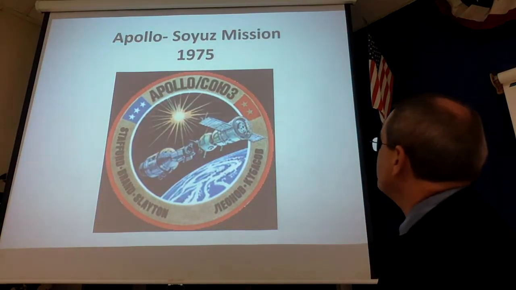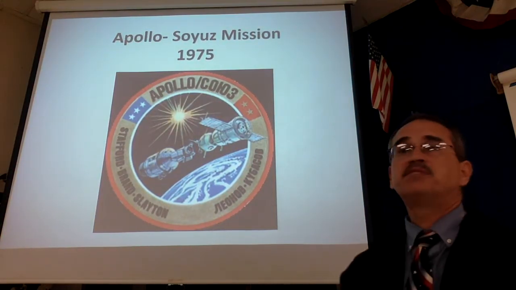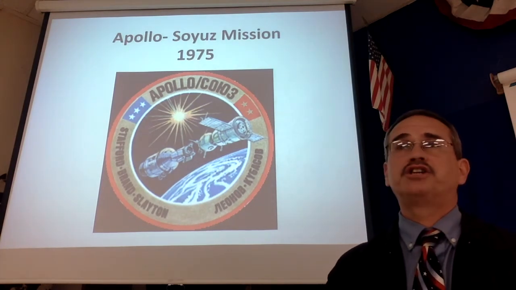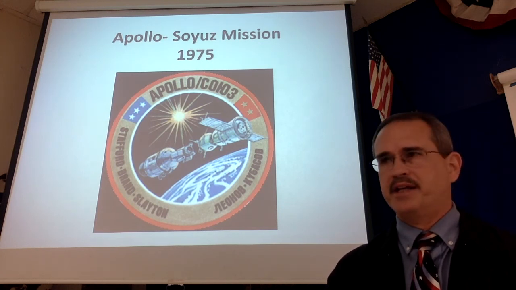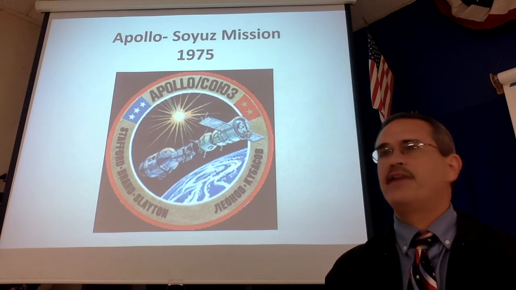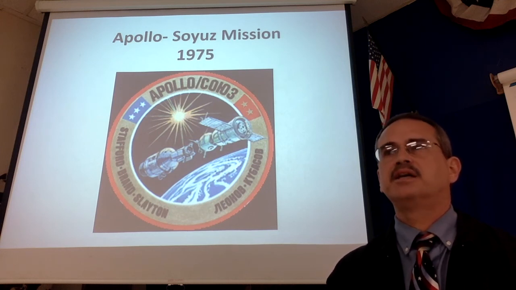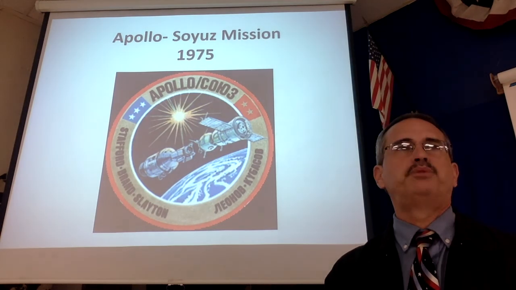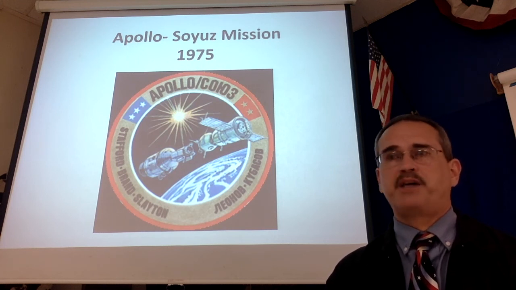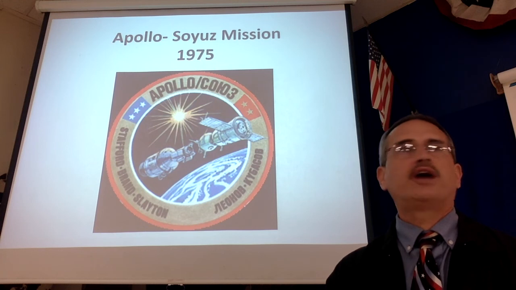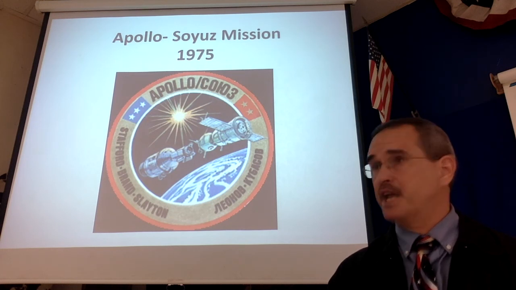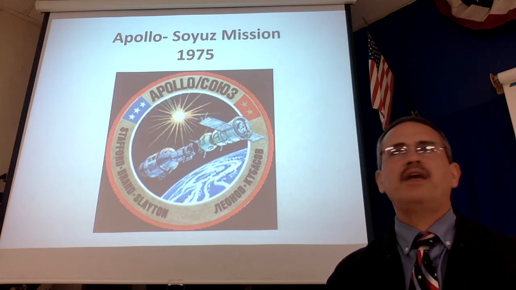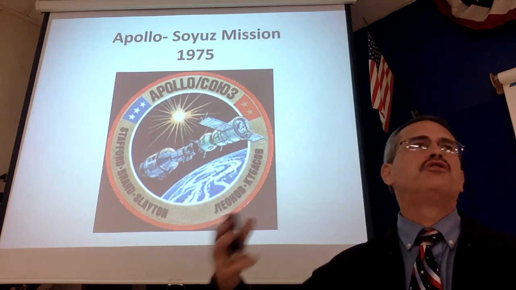Now, another positive thing, with all that going on, space. The U.S. has beaten Russia to the moon. Russia has basically given up on their dream of going to the moon by the 1970s because their economy stinks, and they can't really afford to keep up with us in space. Instead, they've kind of switched to building space stations. And the Russian Mir space station will be a record-setting space station, which is going to be up there in space for a couple of decades. It will be the longest-lasting space station until the International Space Station, I guess, will finally eventually pass its record. But they create a space station, and they start trying to do things in orbit rather than go to the moon.